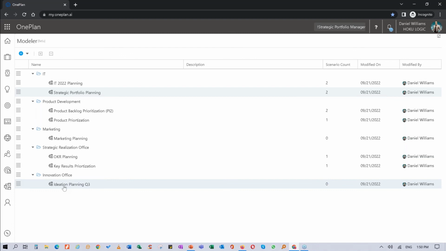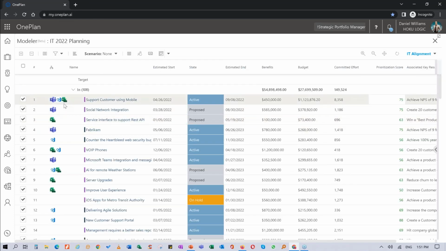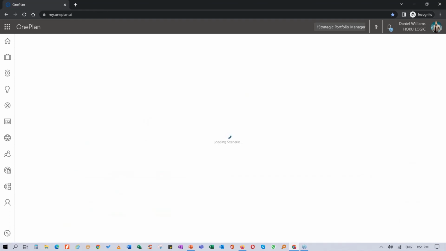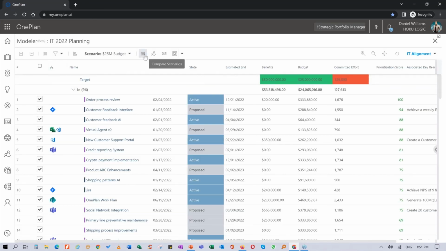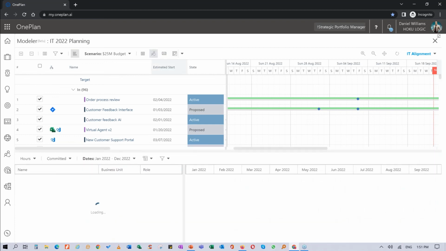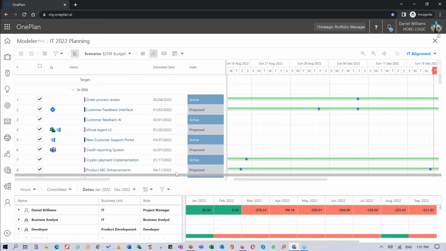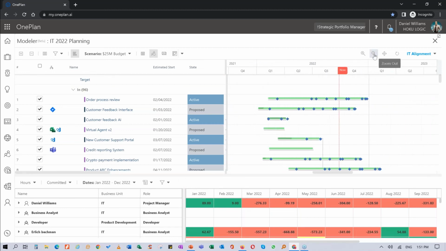One more aspect I want to talk about: from this scenario perspective, if you wanted to go more on a time-phased basis, you can add that to it, which means I can bring in my Gantt and my resource load. Now I have all the tools available in order to be able to determine,